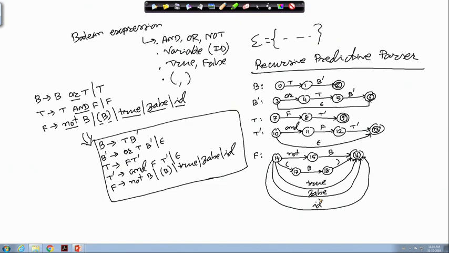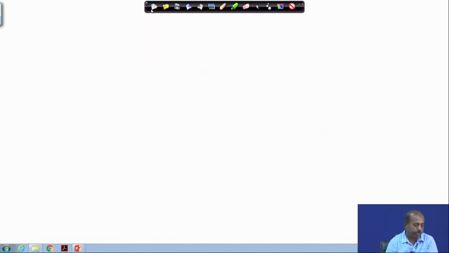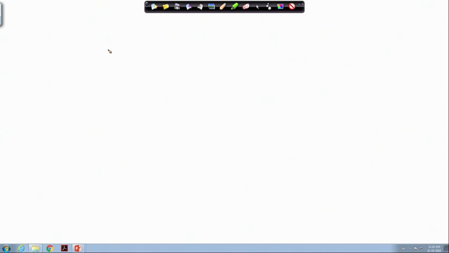However, we can do some simplification also, as we have done previously with other examples, as we did with the ETF grammar. If we do the simplification, then we will get a refined set of transition diagrams, and I am just drawing the final set of transition diagrams. You can just check it. The B transition diagram will be something like this.